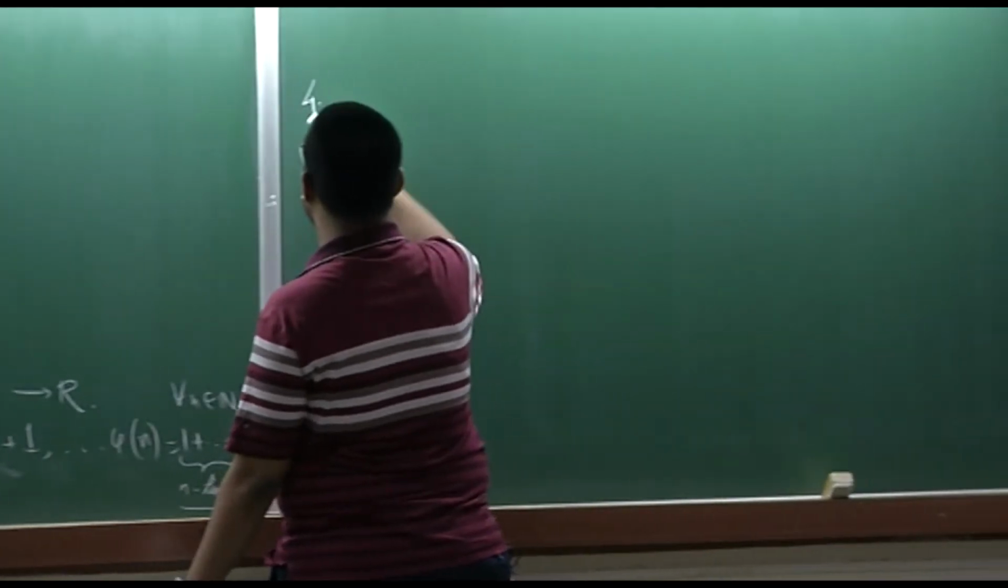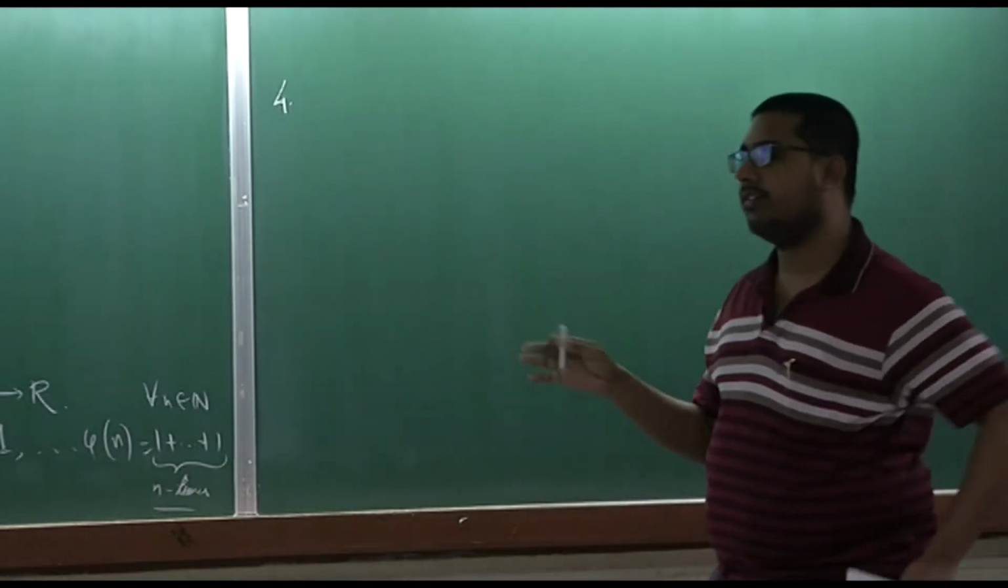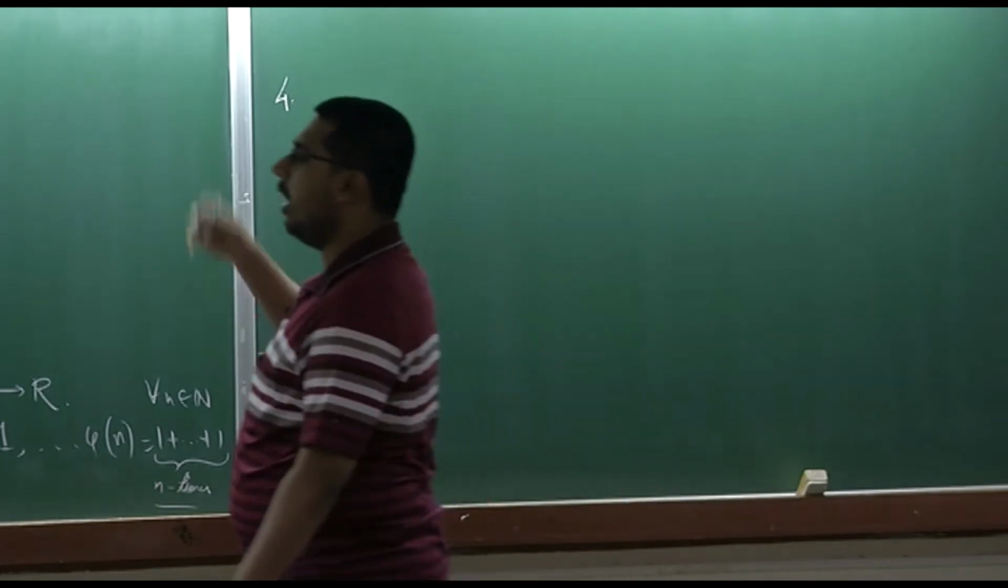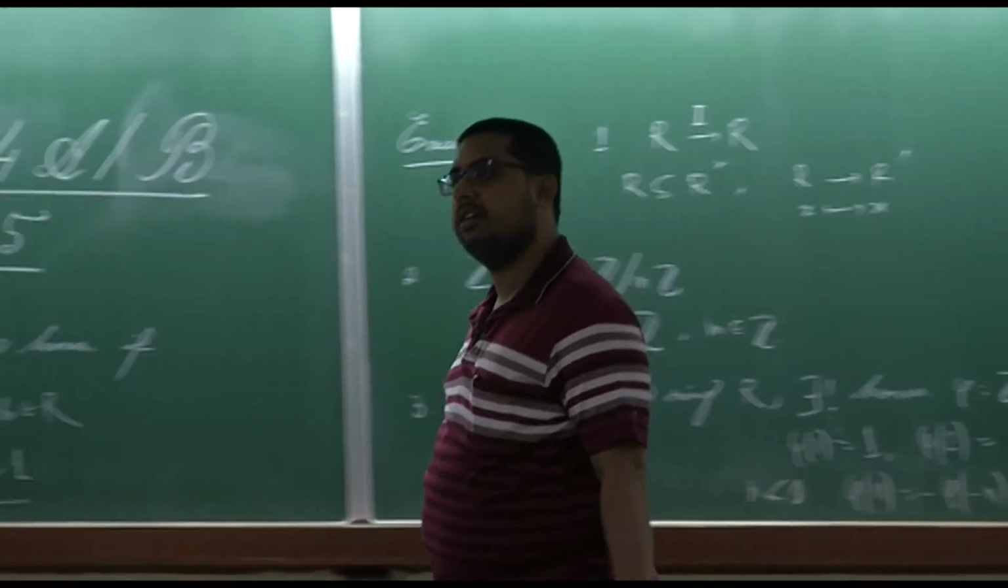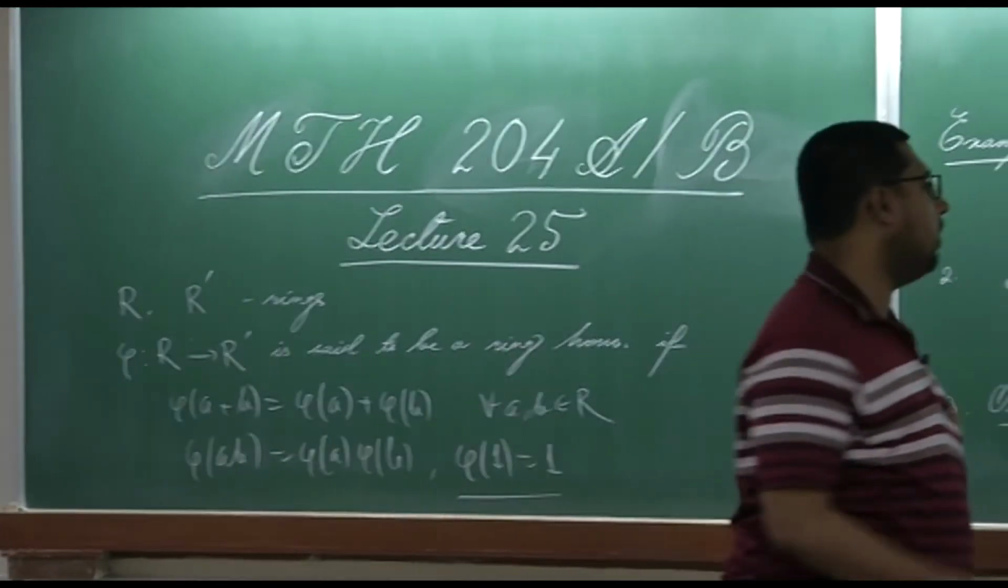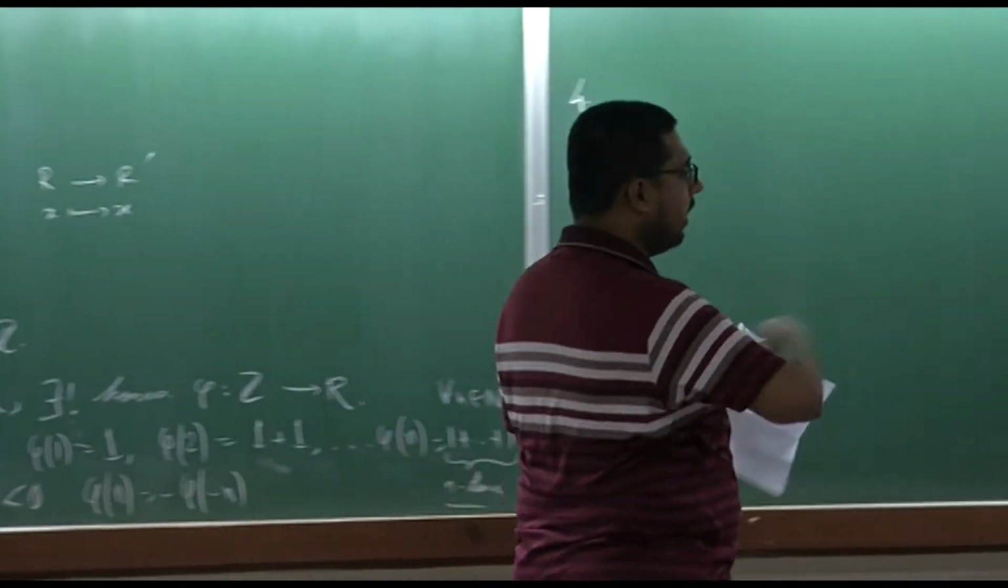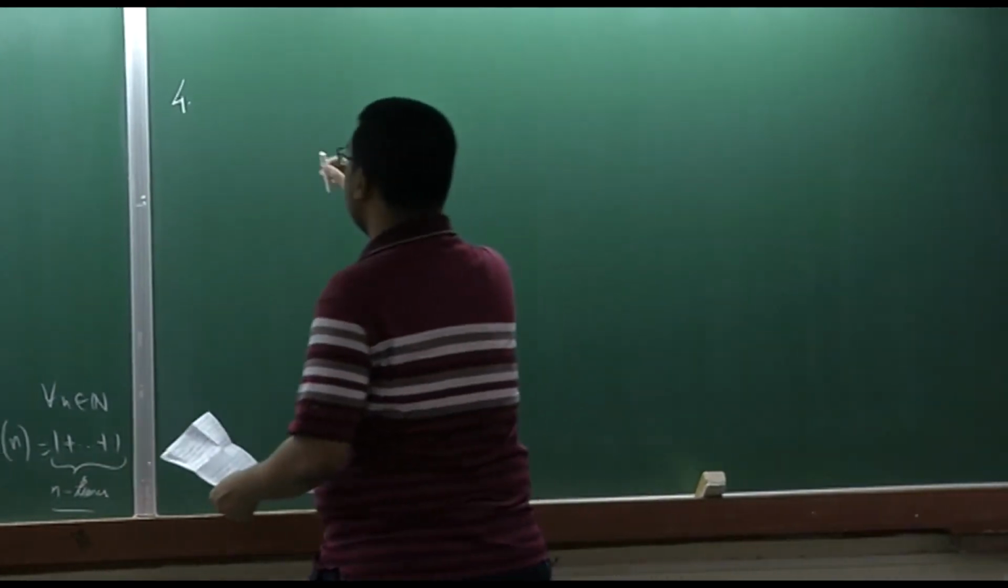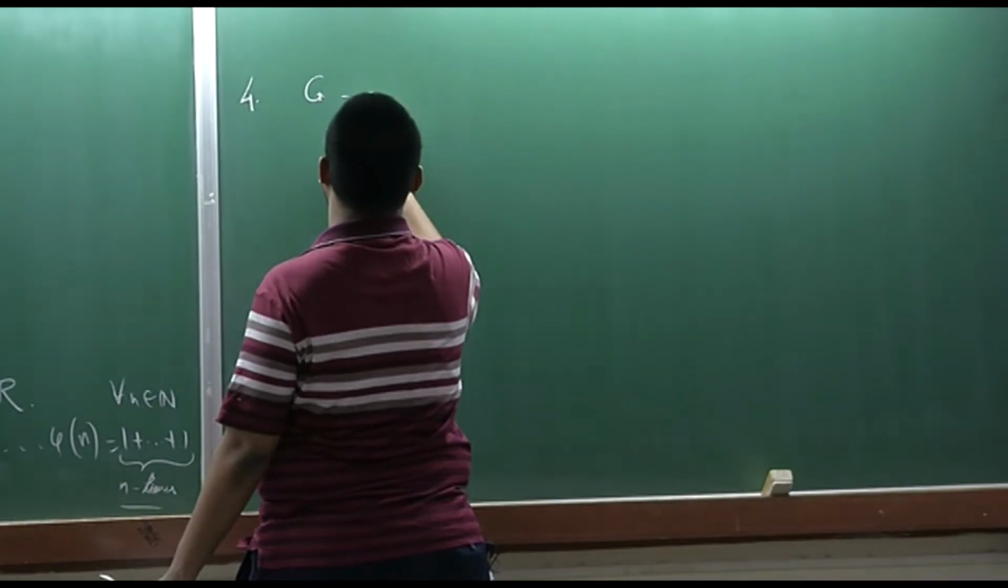Next we will see that if we are given two homomorphisms between two groups, then how that can induce a homomorphism from the corresponding group, I mean at the level of group rings. So, here we have groups